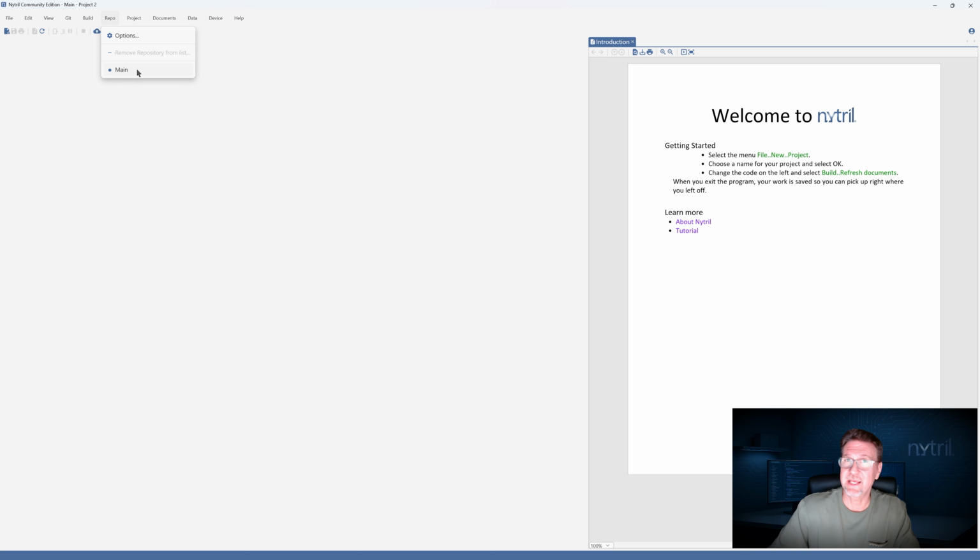Not necessarily in the folder on the hard drive, but definitely in the list of projects for this particular repository. Now, if we make a new project, it's going to go into the folder on the hard drive. But if we open a project, it'll stay wherever it is, but it will be added to this repository's list.